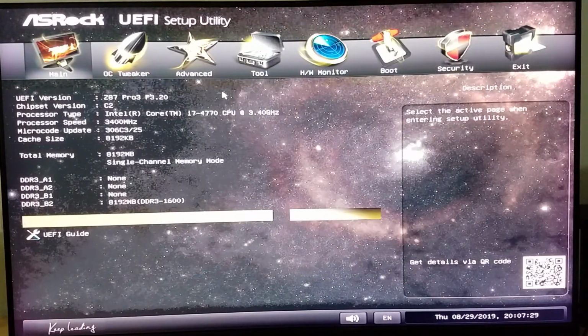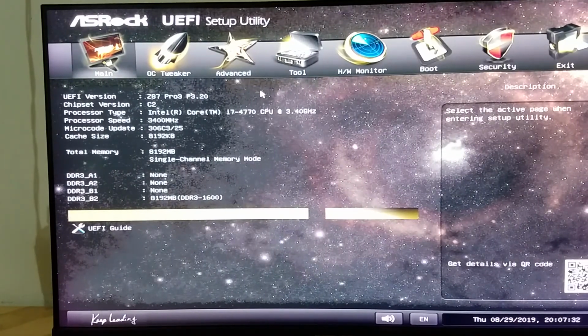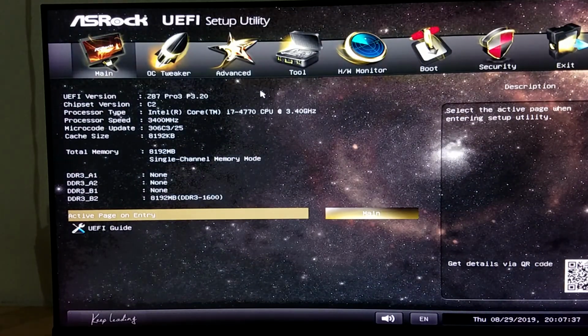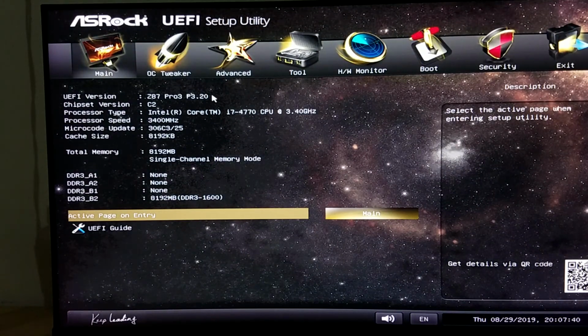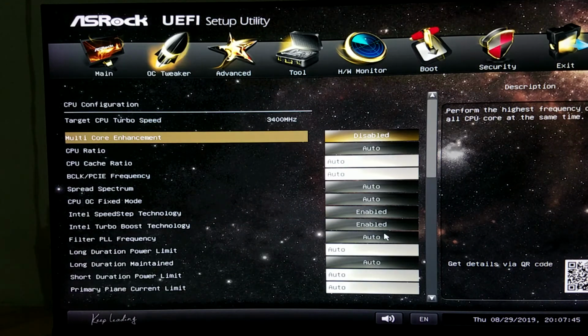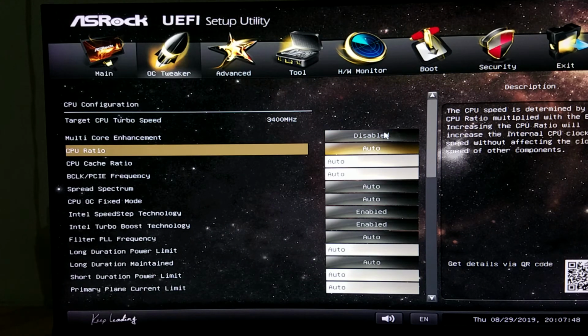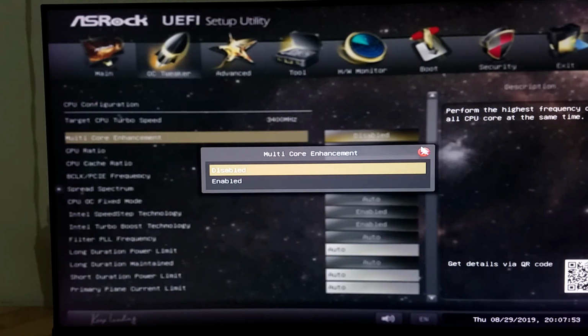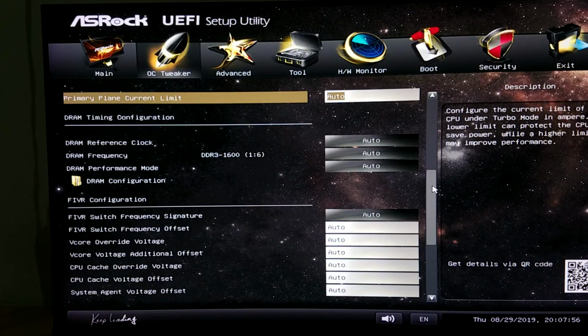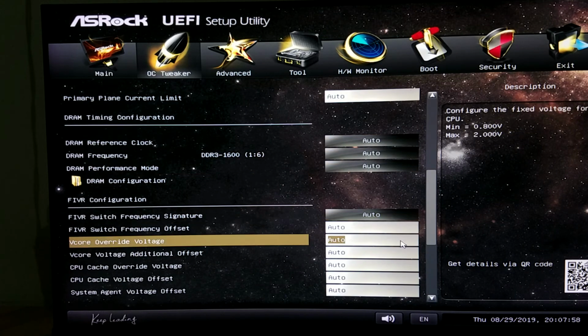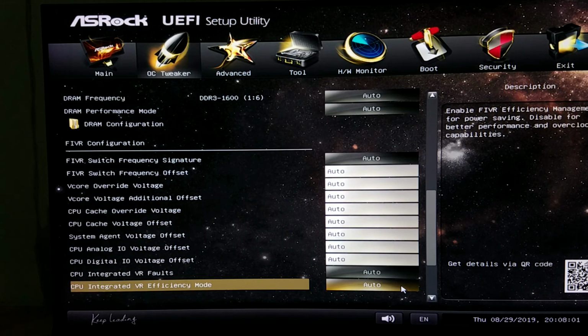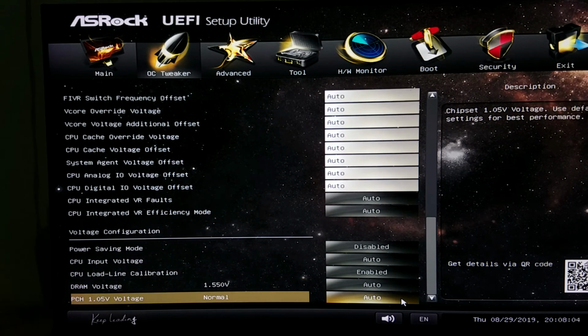Okay, I have to reduce the contrast. Okay, so this is multi-core enhancement. Let me get back to you after some